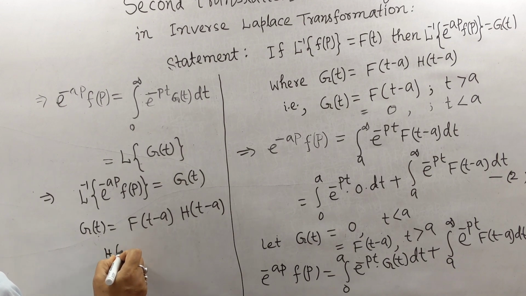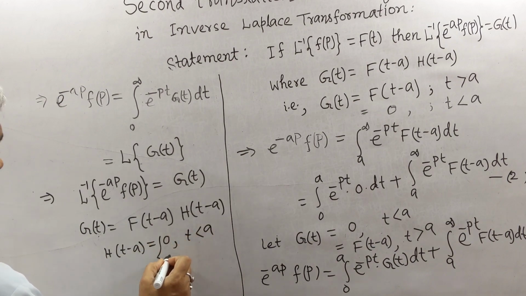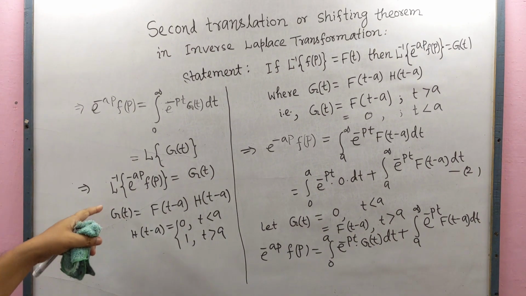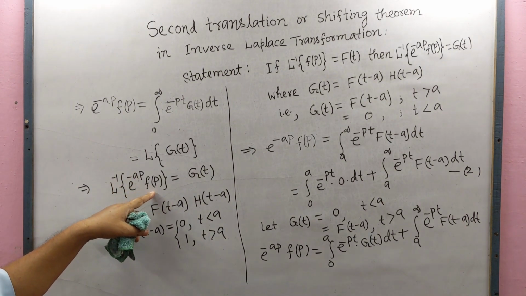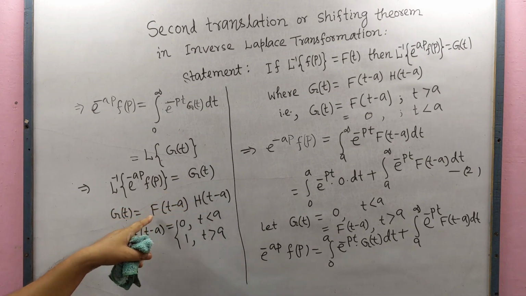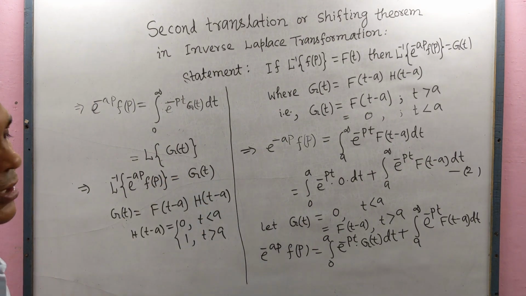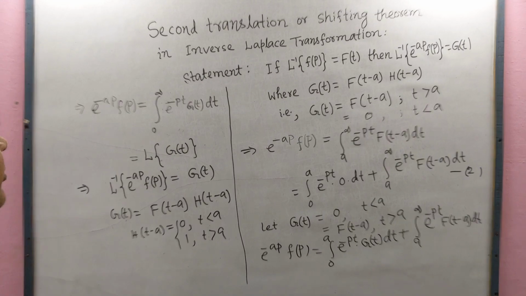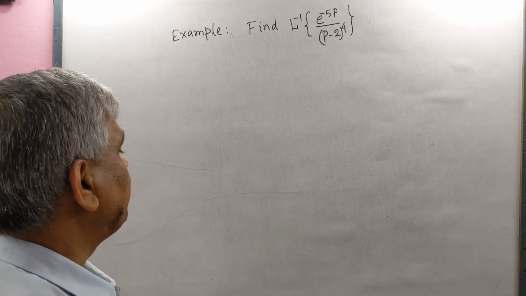H(t-a) equals 0 for t less than a, equal to 1 for t greater than a. So L inverse of e to the power minus ap F(p) equals g(t), and g(t) is f(t-a) h(t-a). This is the second translation or shifting theorem. Now we shall give an example of inverse Laplace transformation